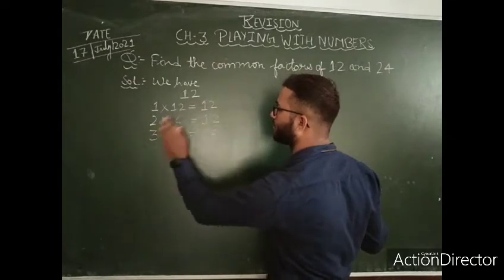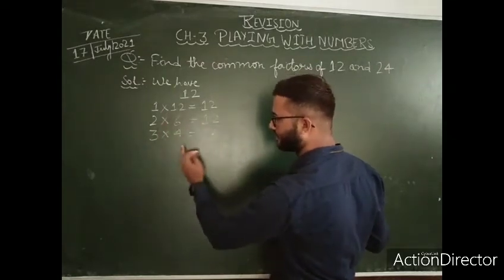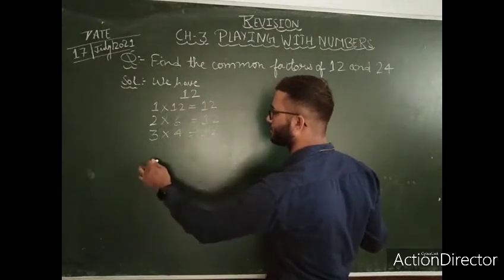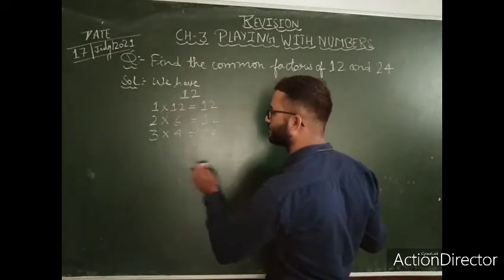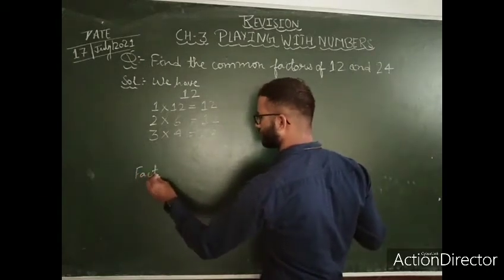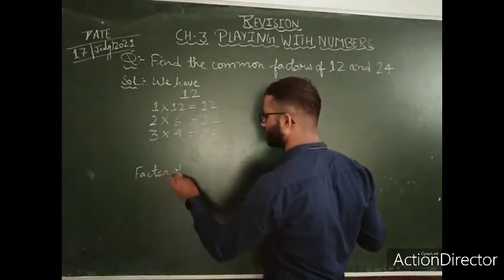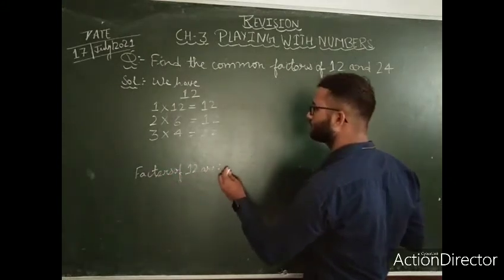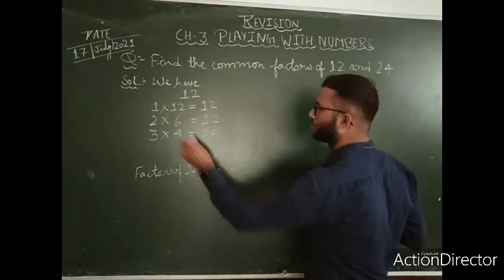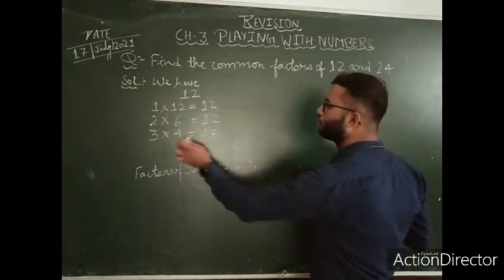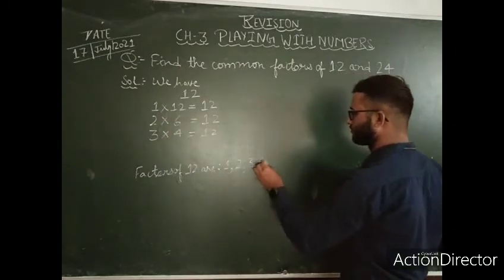So here we do not repeat the factors again and again, because if we write 4 3s are 12 again, 6 2s are 12 again, and 12 1s are 12. So here we write the factors of 12 are 1, 2, 3, 4, 6, 12,